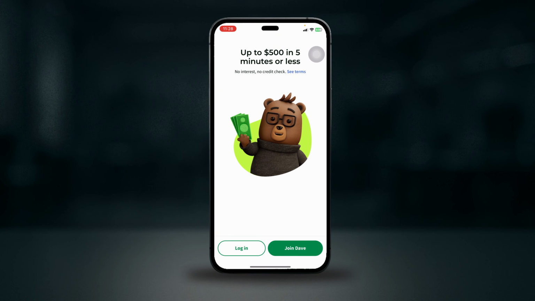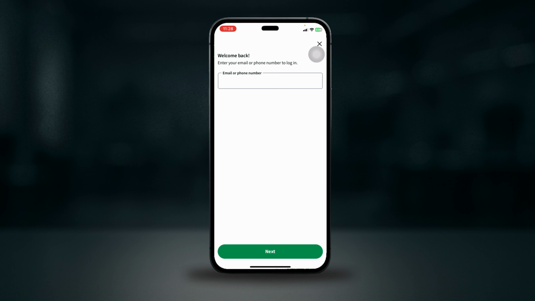First, open the app and then log in. On the login screen, after entering your phone number, you'll reach a screen that asks you for your password. Right below the password field, you'll see a link that says Forgot Password. Tap that. They will send a verification code to the phone number on your account, the same number you use